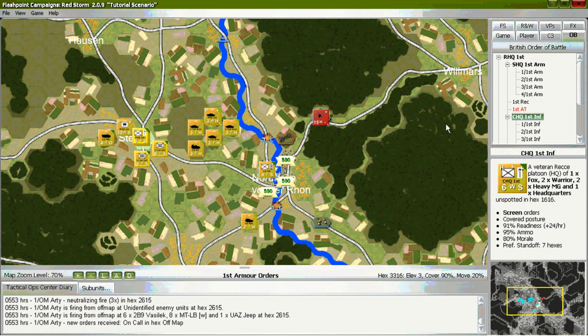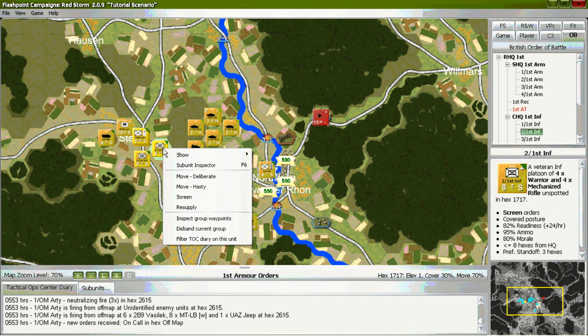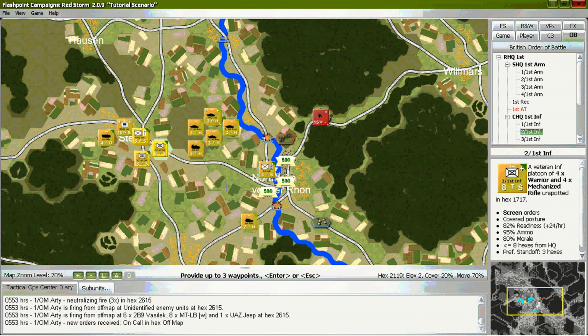Right-click on the units on the map and select Move Hasty, and plot the 3 waypoints as shown to mask our fast approach to the city with the hills.